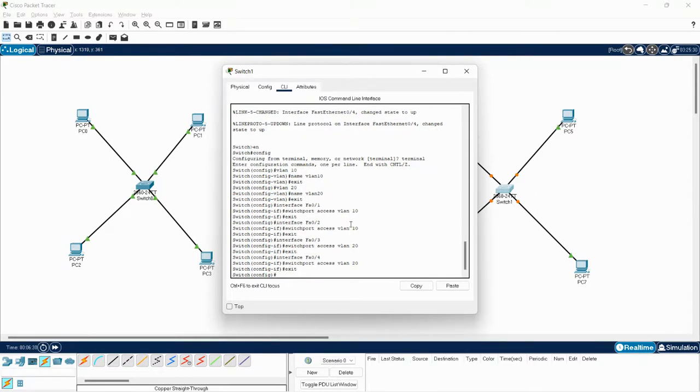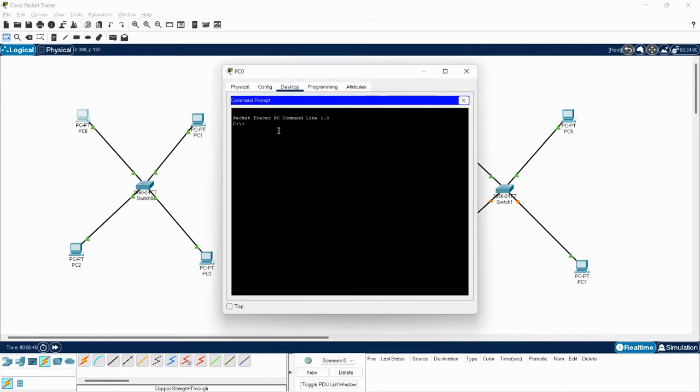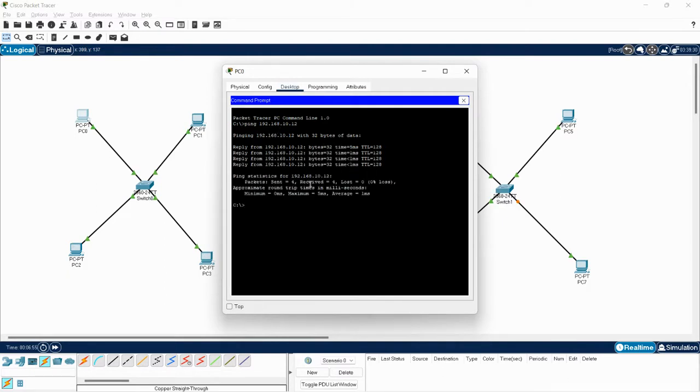So I have configured the access of each VLAN to that particular port via the switchport command. Let me go ahead and ping PC0 with PC1. Now I'm able to get a response from virtual machine 2.